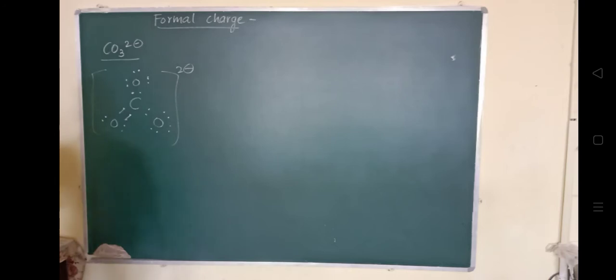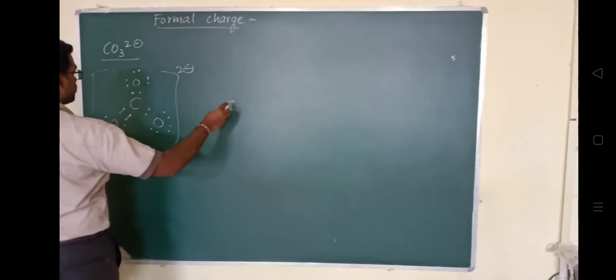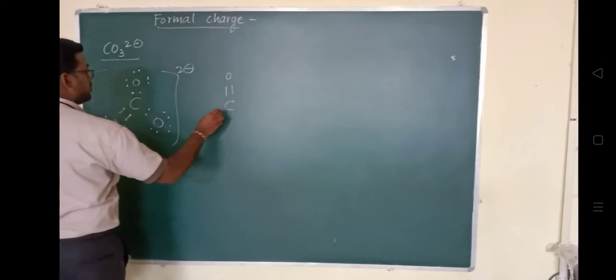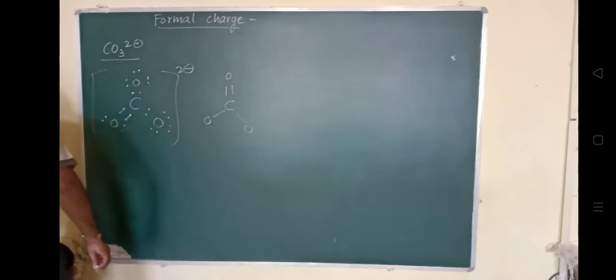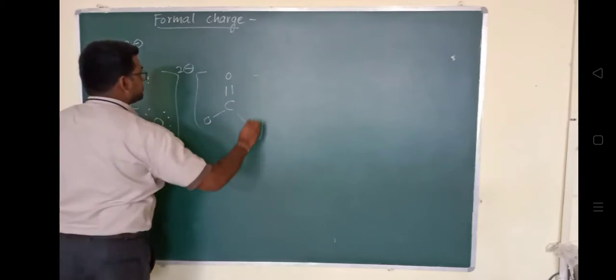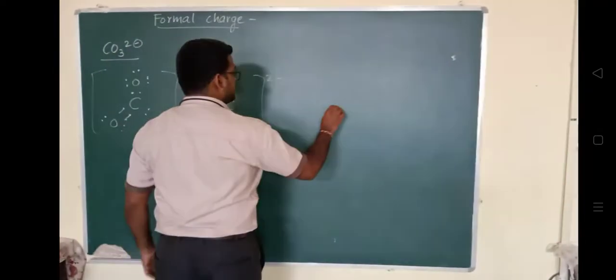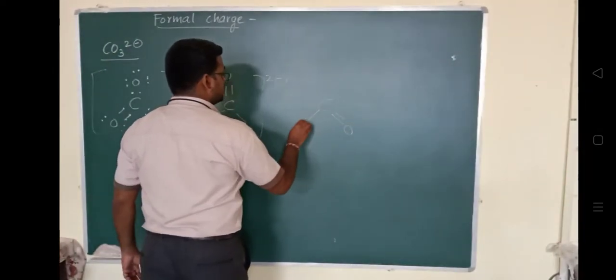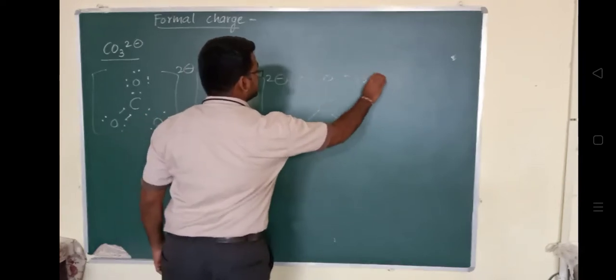Another way it can be represented like this. What can we do? This double bond we can show on this side. Suppose I want to show it directly with the double bond right now: double bond O, single bond O, and this is single bond O. Like this we can also represent it, with 2 minus. Another way, this double bond can be represented to another oxygen atom like this. So these are the various arrangements that are possible.